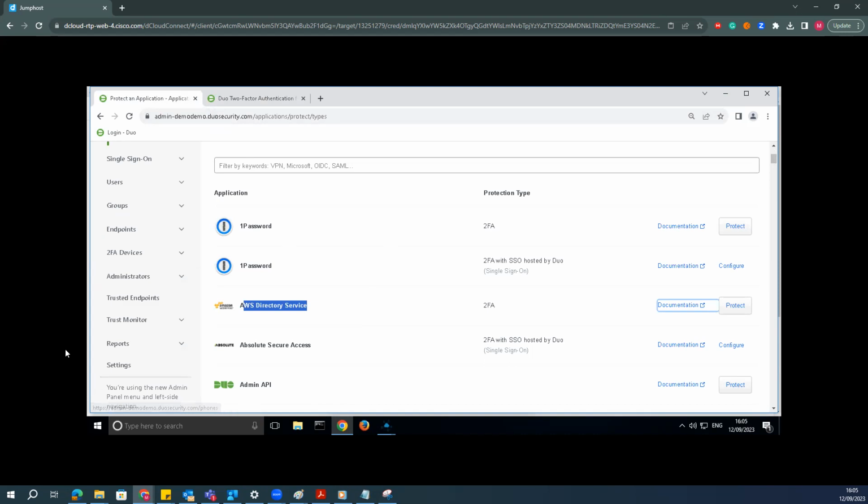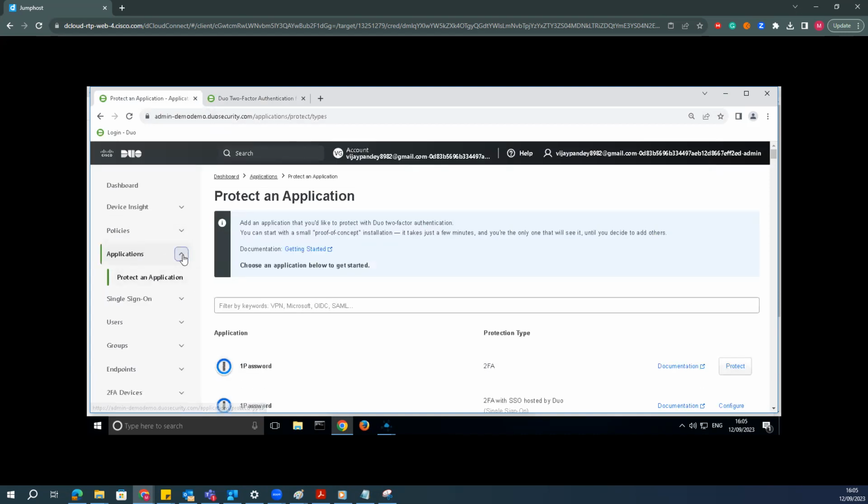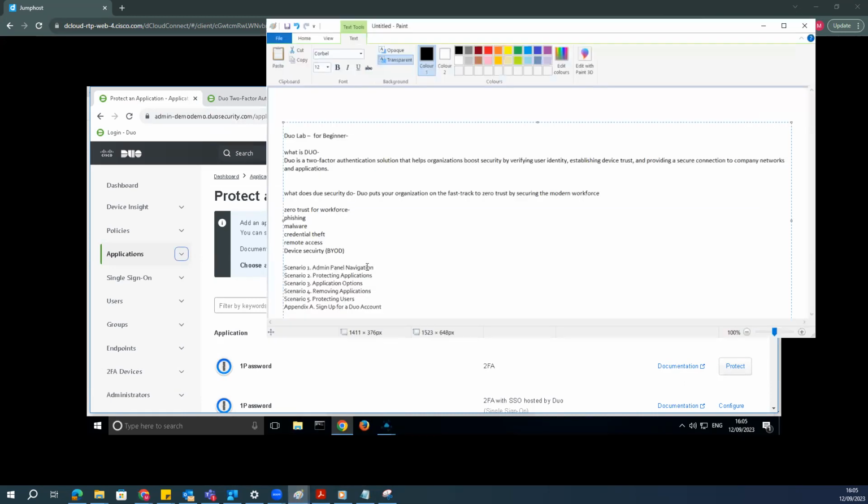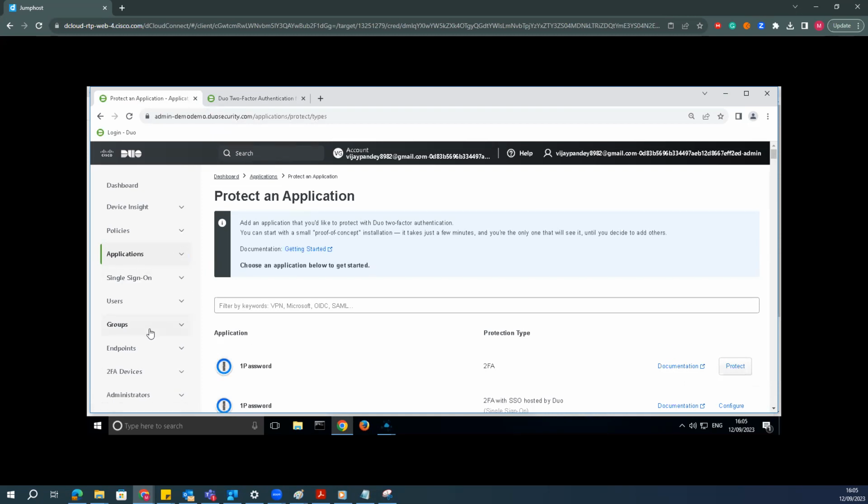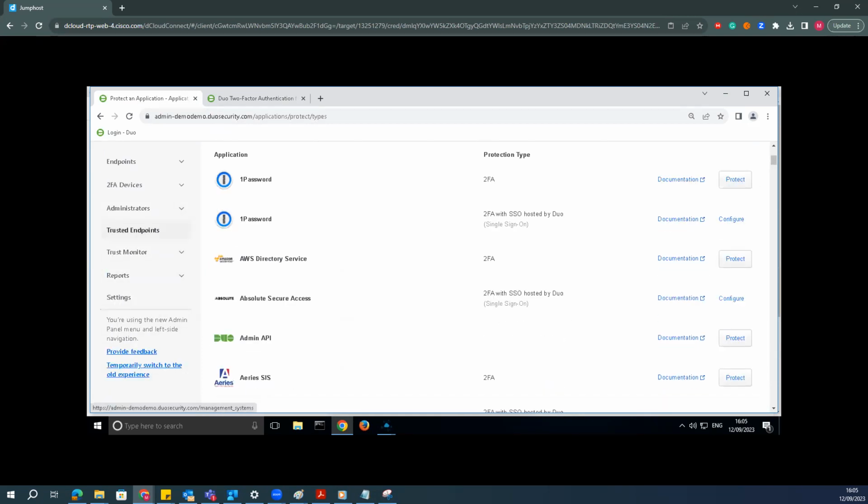So if I go to the admin panel here, what all the options come here? This is scenario one. There are multiple scenarios available. I will go to the admin panel now, then I will go to protecting applications, then application options, removing application. These are all the options I'm going to get here. So if I go to the admin panel now,